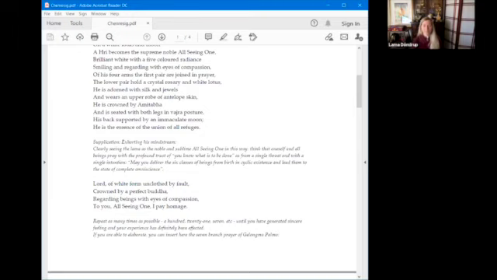And with devotion and respect to this embodiment of compassion, we'll chant this next passage. It starts, Lord of White Form. We'll chant this 3 times with hands in prayer position, with respect for him. Lord of white form, unclothed by fault, crowned by a perfect Buddha, regarding beings with eyes of compassion, to you,